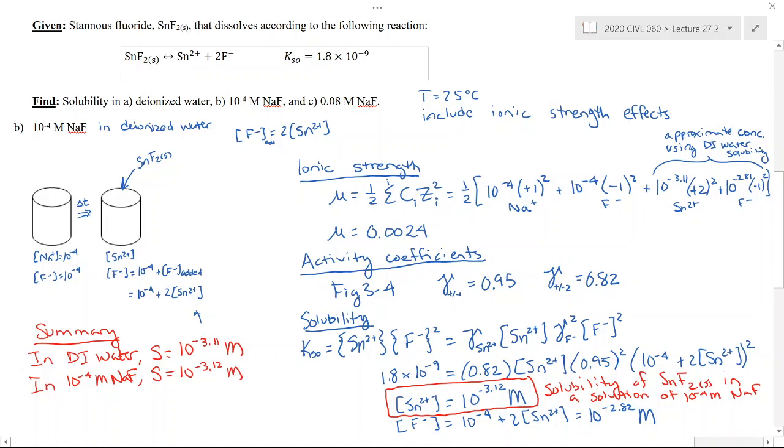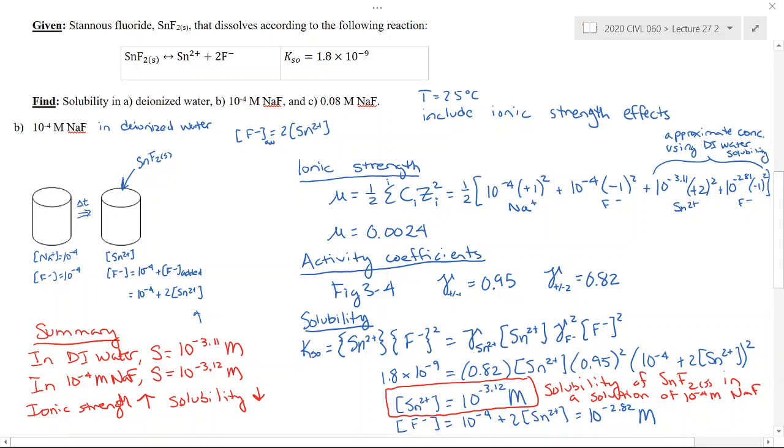As the ionic strength went up slightly, the solubility went down. Now we did make an assumption here at the beginning, and